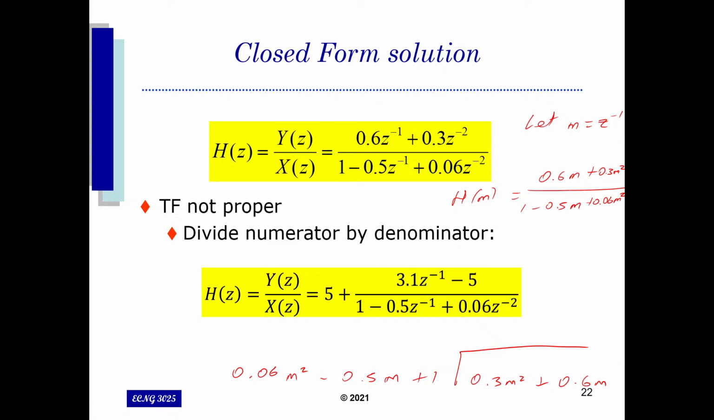So if we did our initial division here, which is 0.3 m squared divided by 0.06 m squared, we see that when we do that division, we get a result of 5, which matches back to our result of 5 here for our quotient. And then the remainder, when we evaluate it, we'll get 3.1 minus 5 here accordingly for this in terms